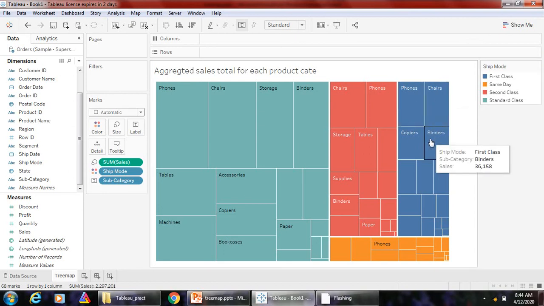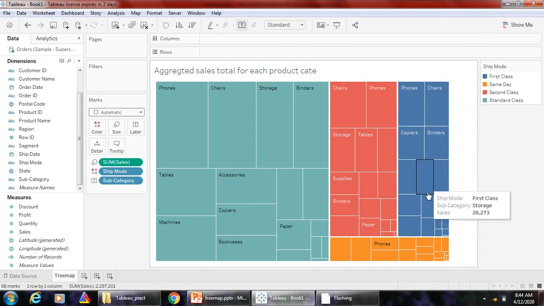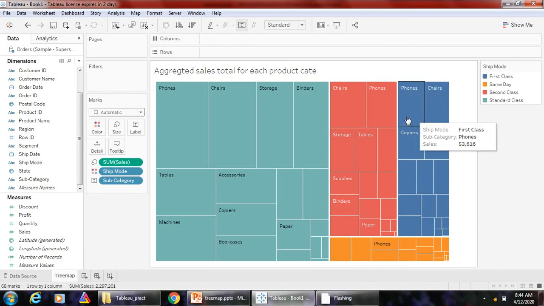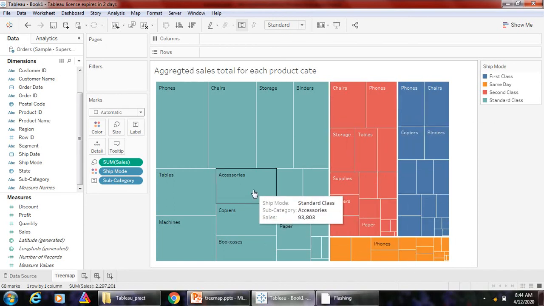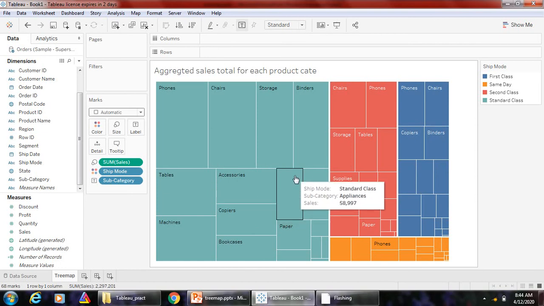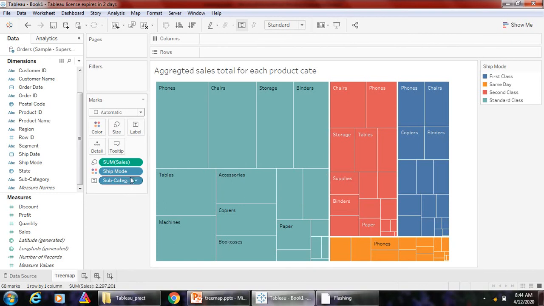So for each ship mode type there is a separate color. And here sales determines the size of a rectangle. That means the color of a rectangle depends on the ship mode type, and the size of a rectangle depends on the sales amount.